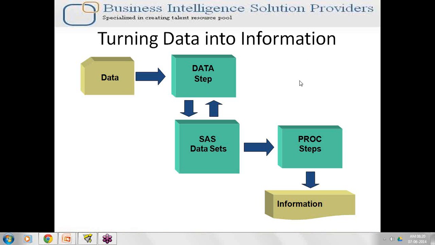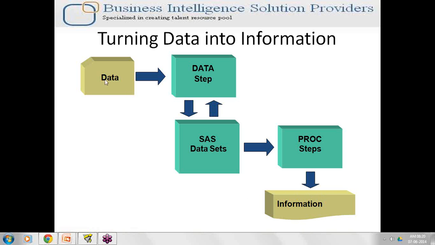Yeah. So how exactly are we performing this? As I told you, since we have a number of source systems, whatever was residing in the source systems, we can call it data. In SAS, with the help of a data step or a proc step, we can convert the entire data into more of information. This information can be utilized for decision making or better business operations.